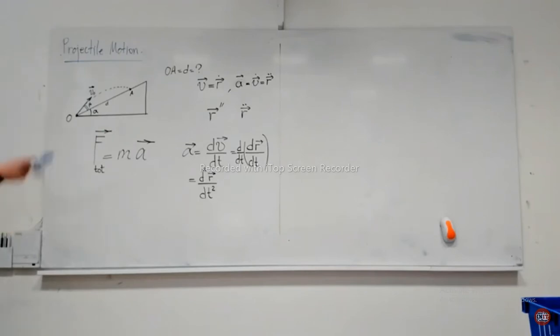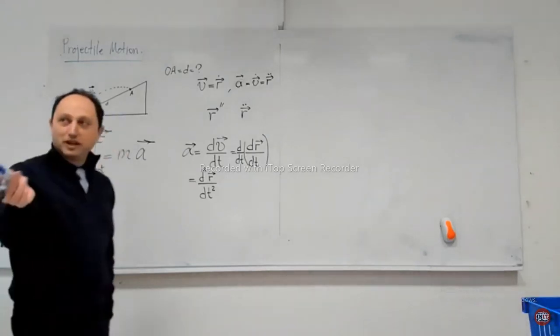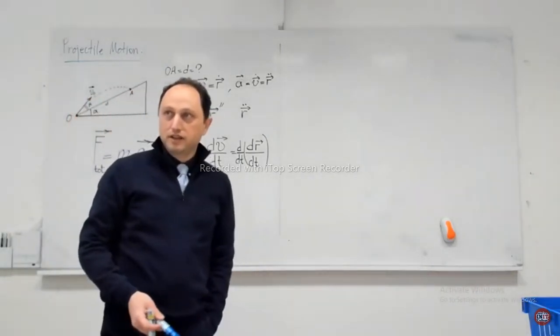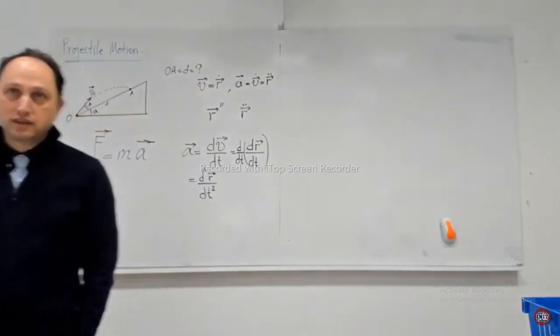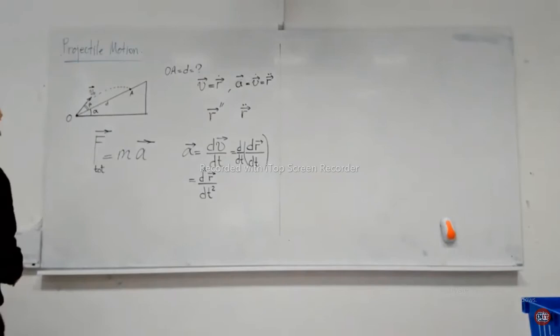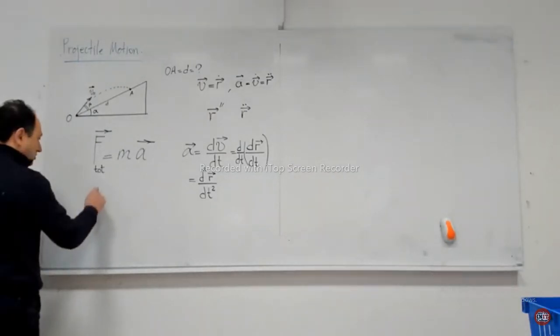If you shoot the particle, of course in the beginning you shoot it, but when it is on the way, you don't have any effect on it. So there's only one force acting on this, and that's the force of gravity, yes? And the force of gravity close to the Earth can be approximated with this one, yes? So the total force here